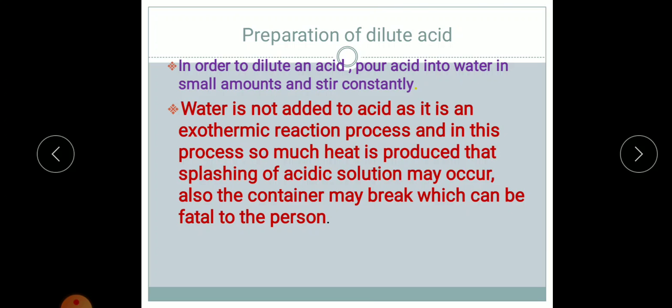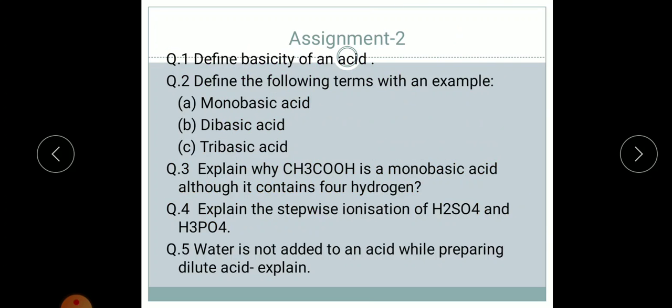Okay, fine. Now today's assignment. Number 1, define basicity of an acid. Question number 2, define the following terms with one example: monobasic acid, dibasic acid, and tribasic acid. Question number 3, explain why acetic acid is a monobasic acid although it contains 4 hydrogens. I have explained that. Question number 4, explain the stepwise ionization of sulfuric acid and phosphoric acid. And lastly, water is not added to an acid while preparing dilute acid. Explain the statement. So come to this assignment and send it in my